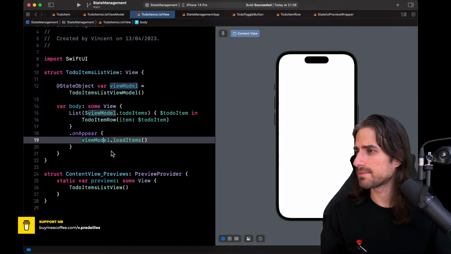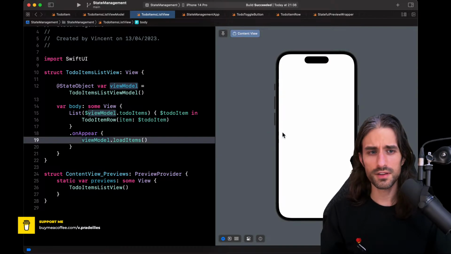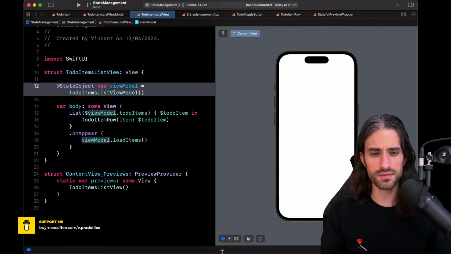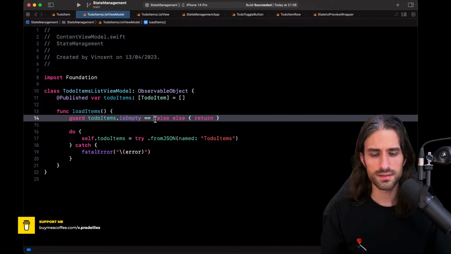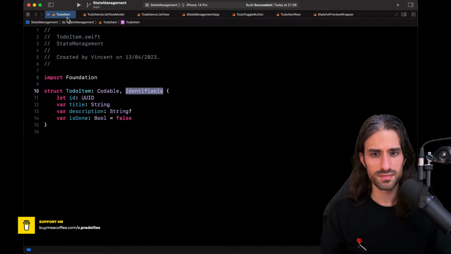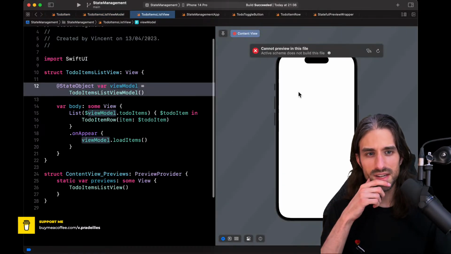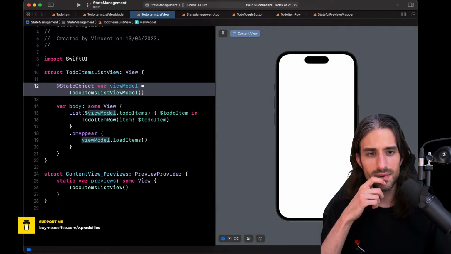Let me see. First, I want to make sure of one thing, which is that it doesn't work anymore, because I might have done something wrong inside my guard statement. I'm pretty sure I've done something wrong in the guard statement.